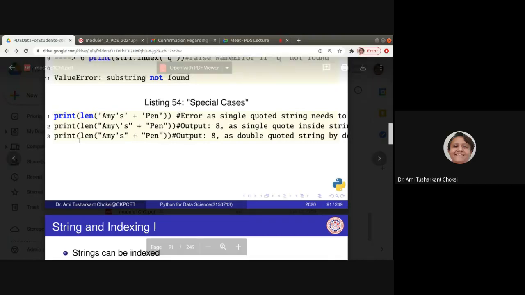Now after that, len of "Ami's pen". Here you haven't escaped, because it is in double quotes. I do not need to escape the single quote. But if I am writing it inside single quotes, then I need to escape this apostrophe. You may ask why I have put it here. It is nothing like that; it is being asked for the output of this particular string.